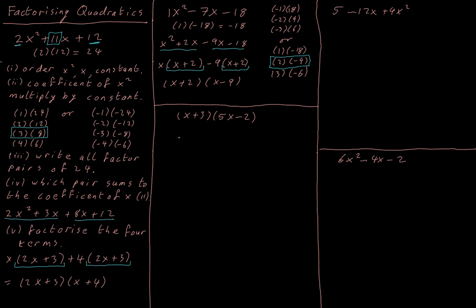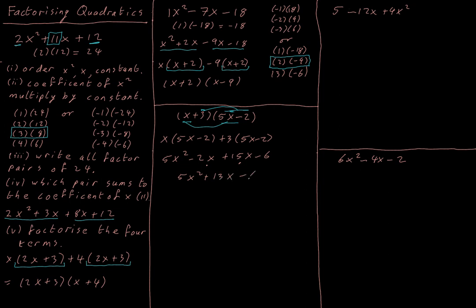So if I multiply out this bracket, first term in the first bracket by the second bracket, second term in the first bracket by the whole of the second bracket, 5x minus 2 plus 3 on 5x minus 2. 5x squared minus 2x plus 15x minus 6. I have like terms here, so I end up with 5x squared plus